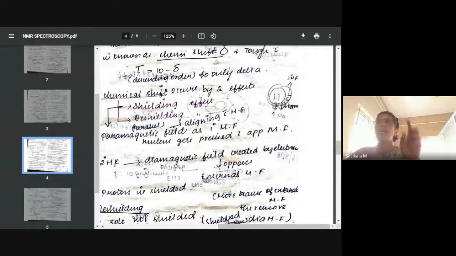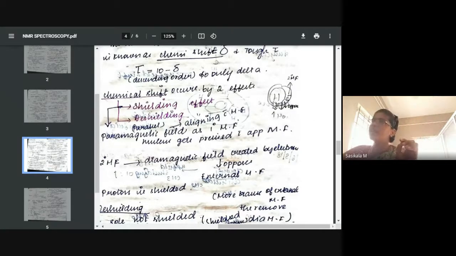Listen to this concept, okay? The paramagnetic or primary magnetic field is created by the proton, whereas the electrons around the proton also create a magnetic field, called the secondary magnetic field, or diamagnetic field. And what happens, if this secondary magnetic field covers the primary magnetic field created by the proton, or if the proton is present inside the secondary magnetic field? We need to apply more external energy to overcome this secondary magnetic field. Then only will the proton nucleus be precessing or aligning with the external magnetic field to resonate with the frequency.